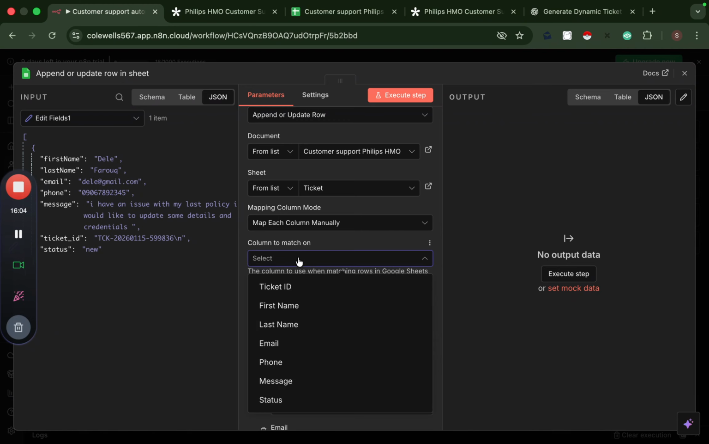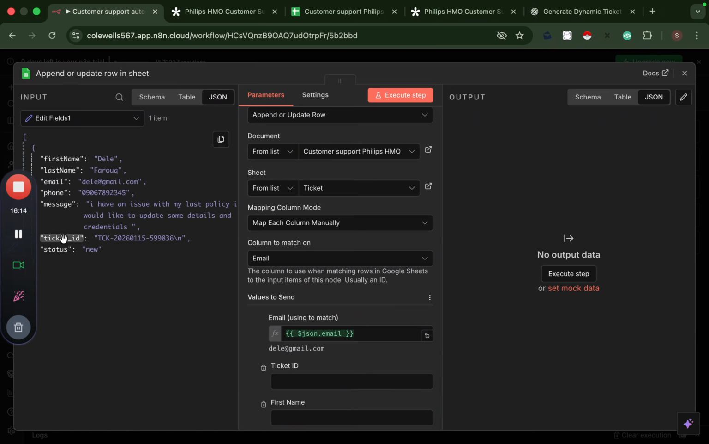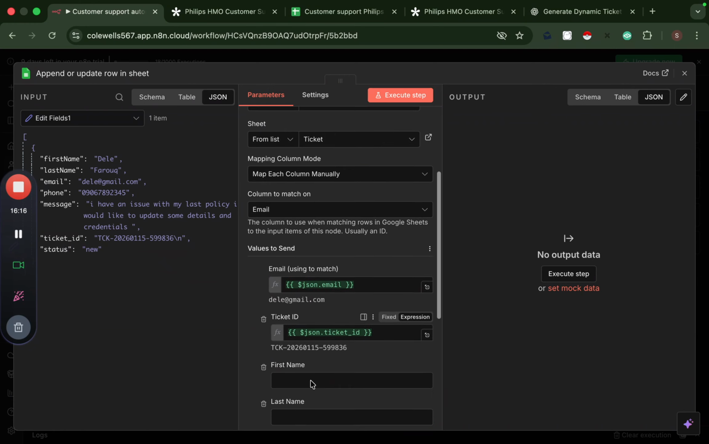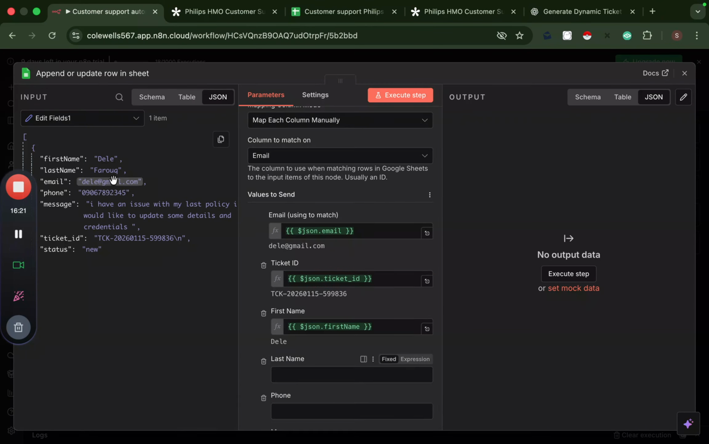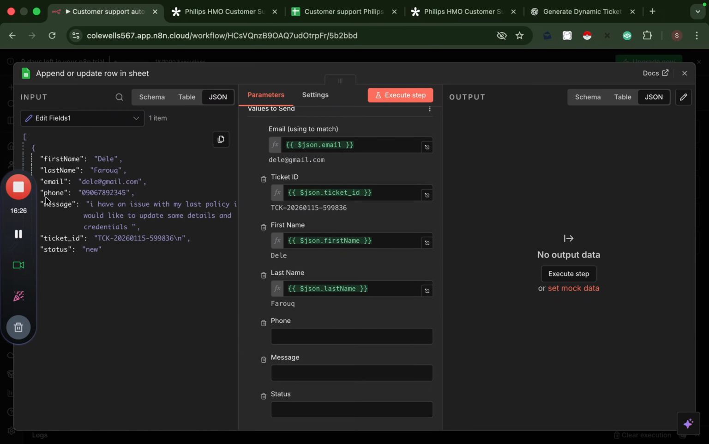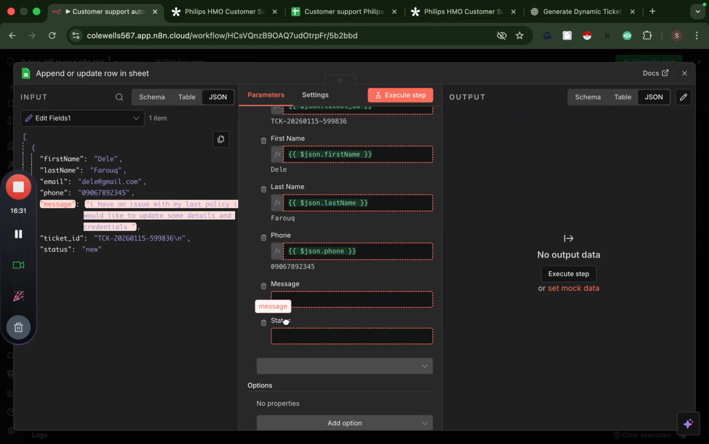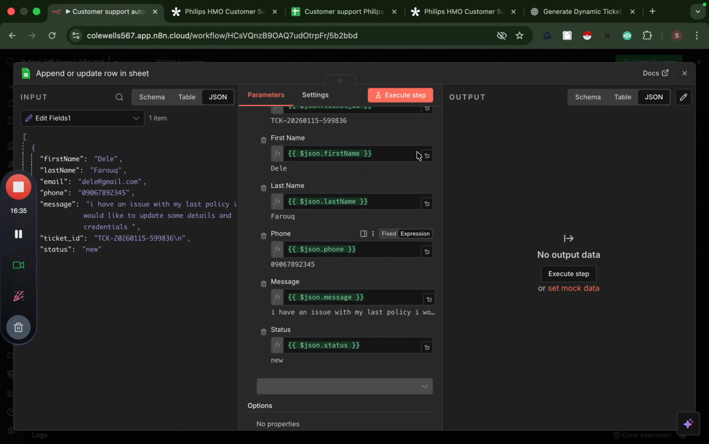So basically, we are going to use email as the column to match on. So we are going to drag the email here, the ticket ID, we are going to map it out, drag it here. First name here, last name, phone number, message, and the status is new. So we are going to execute the step,